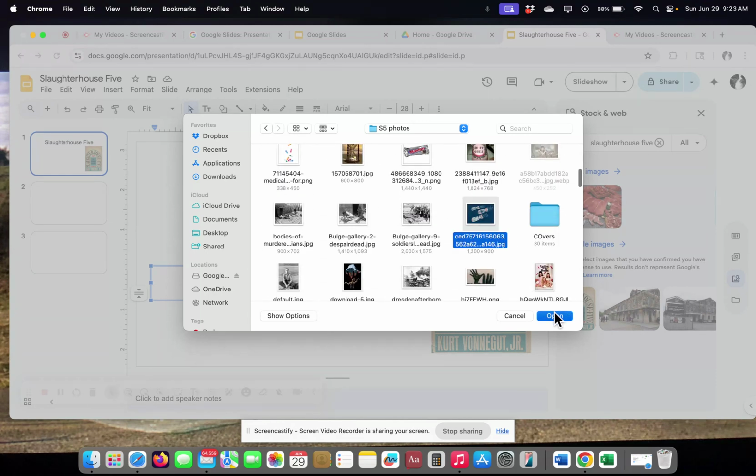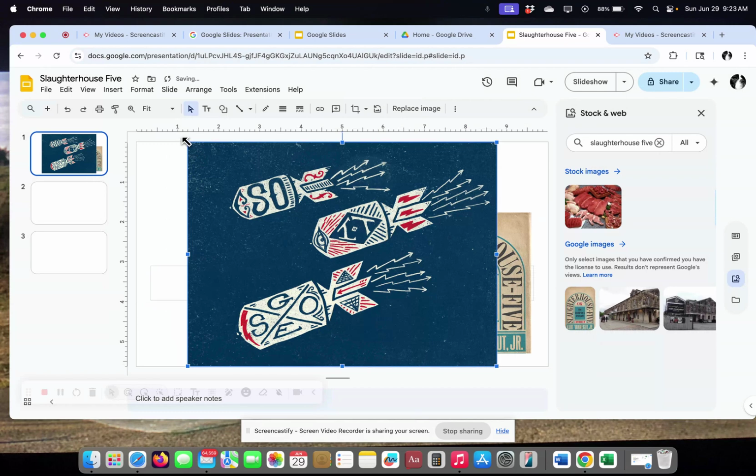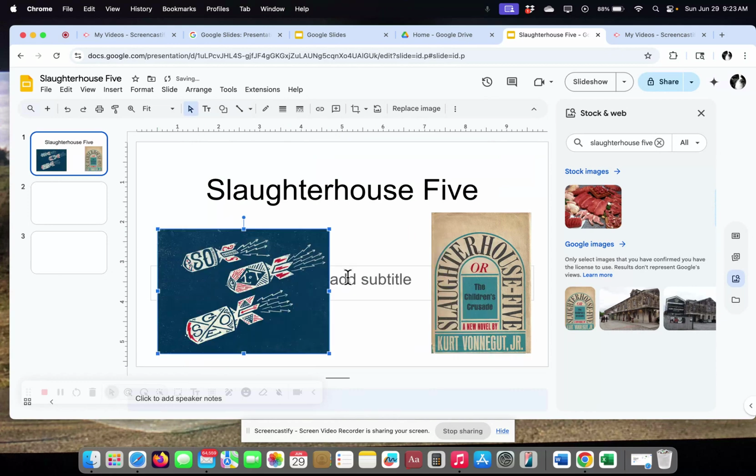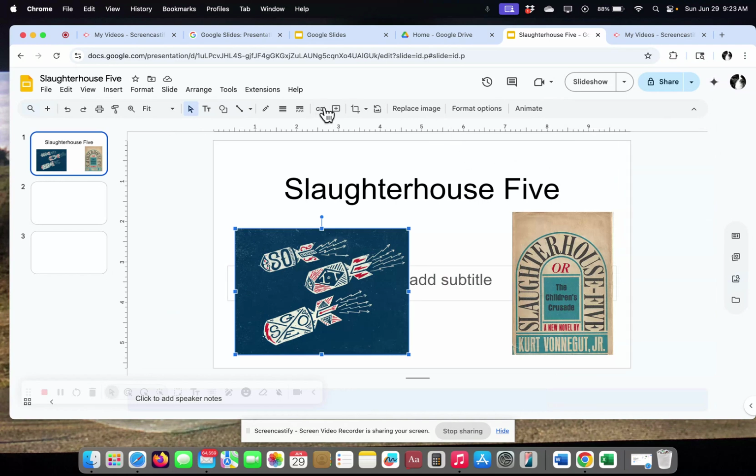Here's a nice one for the novel. The famous quote, "So it goes." So there's two ways you can add images and media. If you'd like to apply a theme,